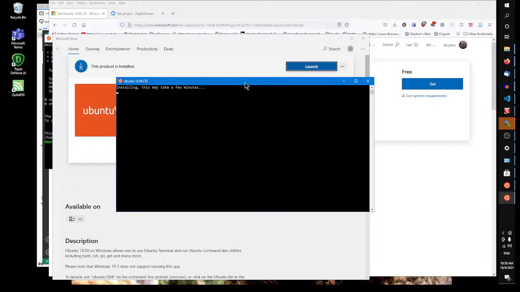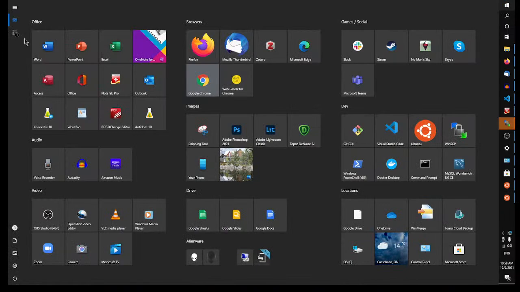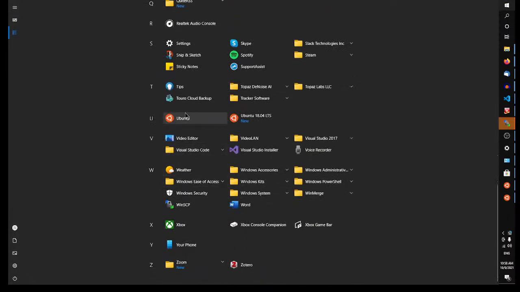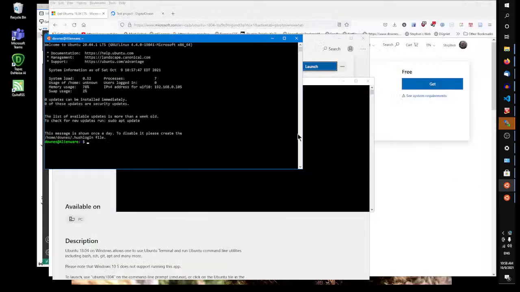Well, okay, here's 18.04 LTS. Now, where does that show up in here, I wonder? Maybe under U for Ubuntu? Yeah. Here we go. So this is Ubuntu. So actually I have two versions of Ubuntu now I could launch. This one was